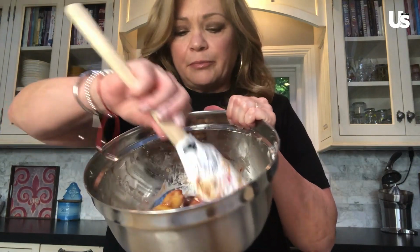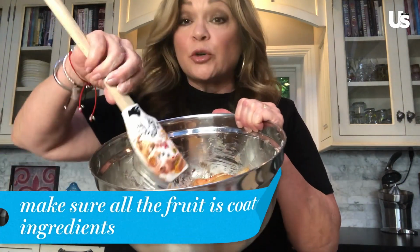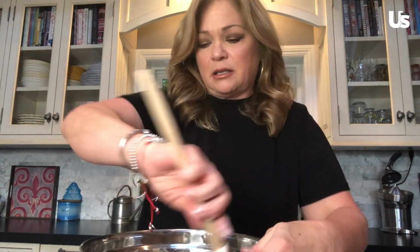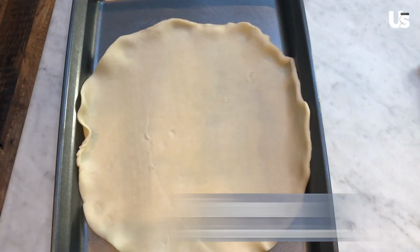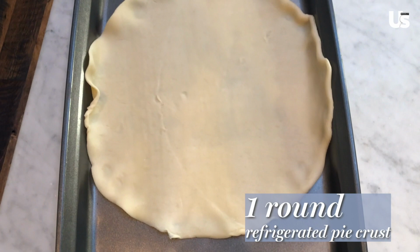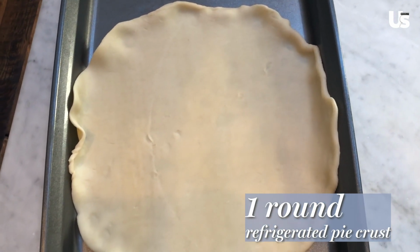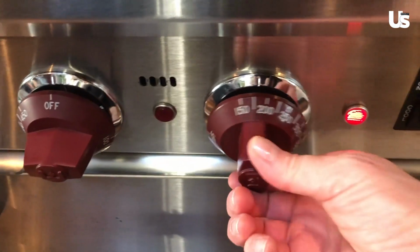If you like a little bit of tartness in there, you could add a little bit of lemon juice, a little bit of lemon zest or lime zest. So what you want to do is make sure that you get all the fruit coated with that cornstarch and the sugar. And that is gonna give you some thick, juicy, yummy filling. And you'll need one pre-made refrigerated pie crust rolled out onto a nonstick pan. Remember, we want this to be easy. You can make your own, but let's be easy. And we will preset the oven to